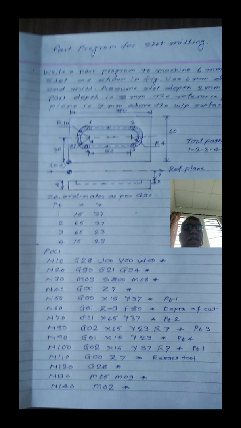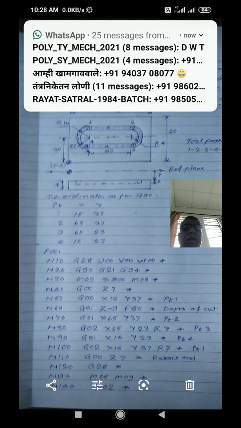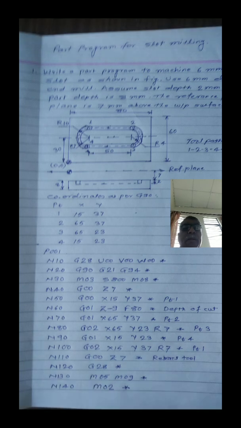Then you have to find out the y coordinate. The center distance is 30 plus inner radius 4 plus the center path of the cutter travel, which is 3 millimeter. As the cutter diameter is 6 millimeter, the center path is 3 millimeter. Therefore 30 plus 4 plus 3 equals 37. These are the coordinates of point 1, x 15, y 37. Is it okay? Then you have to find the coordinates of point 2.